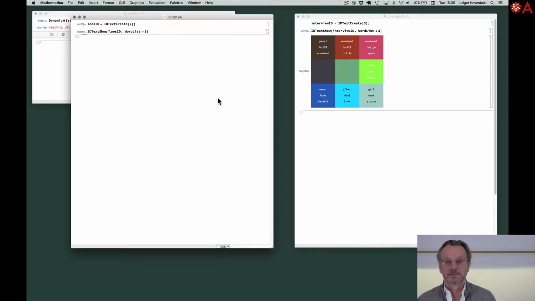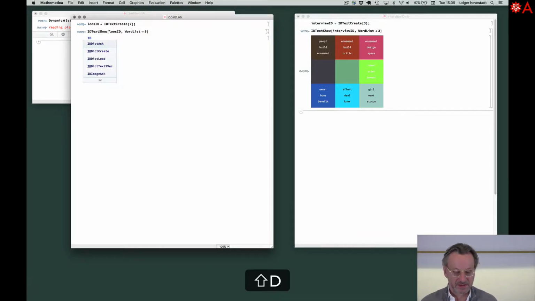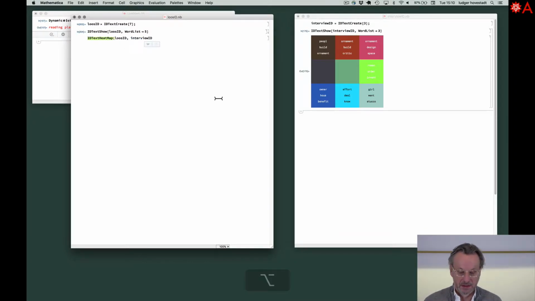So now we want to ask Loos about our interview. So therefore we have this command, ID text heat map of Loos ID reading interview ID. So we can have a display form, we say full. Okay, and to give you an idea of all the options, you can leave it, it's called